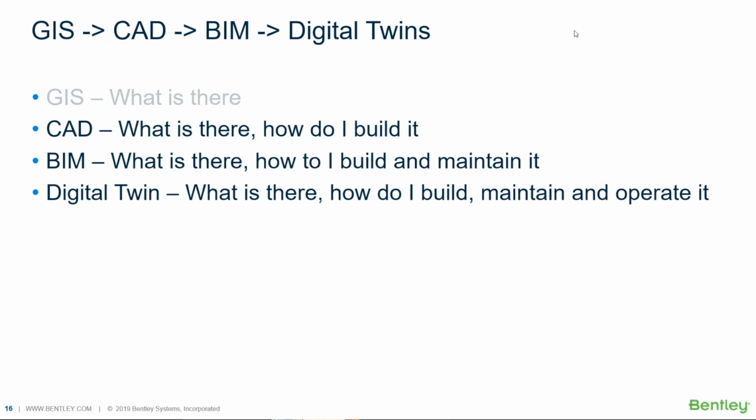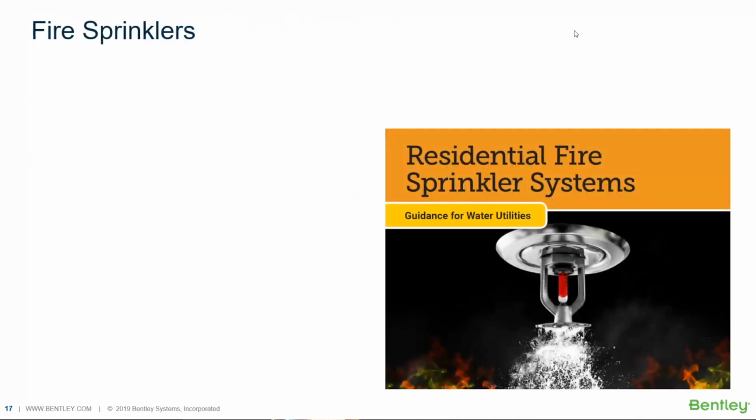Okay, so now we're going to talk about, this is a potpourri kind of talk. One of the issues that didn't get addressed in last month's talk on premise plumbing are fire sprinkler systems. And this is the one area of buildings where I do have some background. In most big buildings, the fire sprinkler system is separate from the domestic plumbing, and it's not really much of an issue. That's done by fire sprinkler designers.